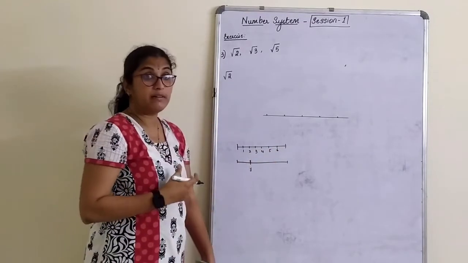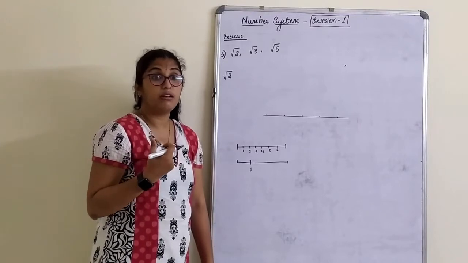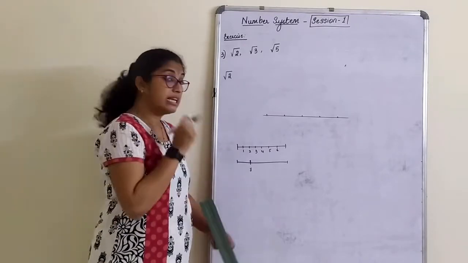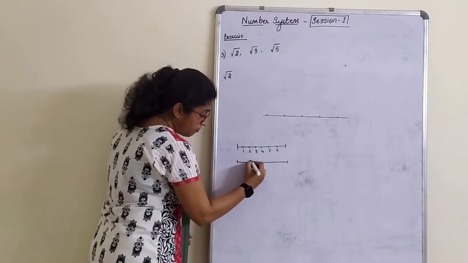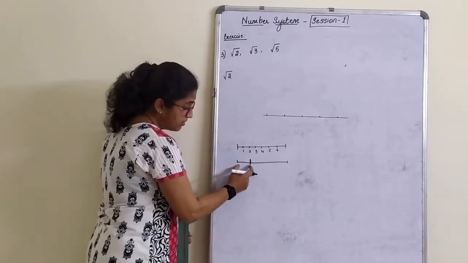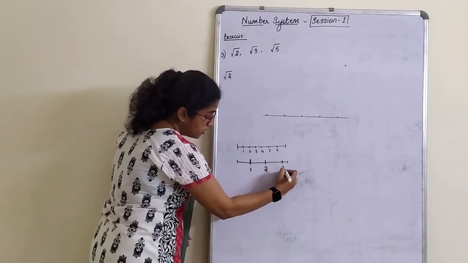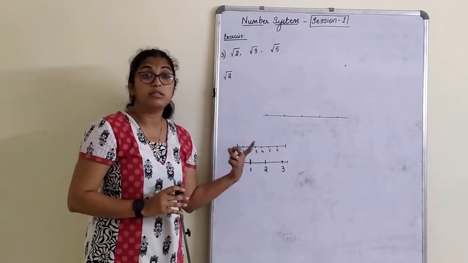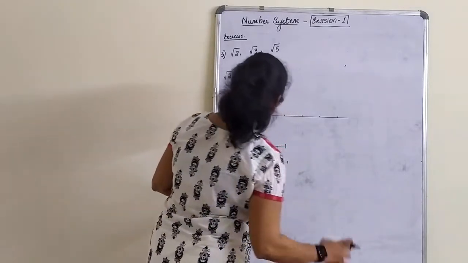You might be wondering why the teacher is teaching us these many things. People start messaging and calling, teacher, shall I use 2 units, shall I use 3 units? So I feel like telling you from the basic. This is your scale measurement 1, 2, 3, 4. 2 units as 1 centimeter means this is 1, this is 2, this is 3, understood? Use this so that the number line looks very neat. So let's proceed.